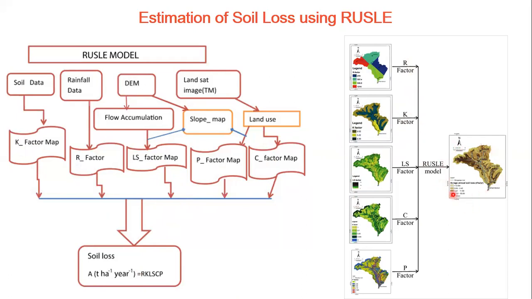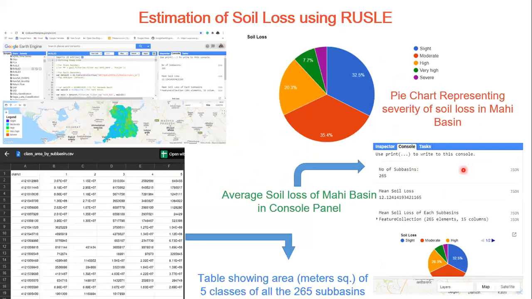And if you want to perform the same work on another region, like if I calculated RUSLE with a traditional approach in GIS software for Madhya Pradesh, and I want to calculate the same thing for Maharashtra, then again I have to start from the beginning, download the data set, and calculate all the factors with the help of the RUSLE model. But with the help of Earth Engine, I've just created a simple code, and by just changing the shapefile or a few lines, I can get the soil loss of any part of India or any part of this world.